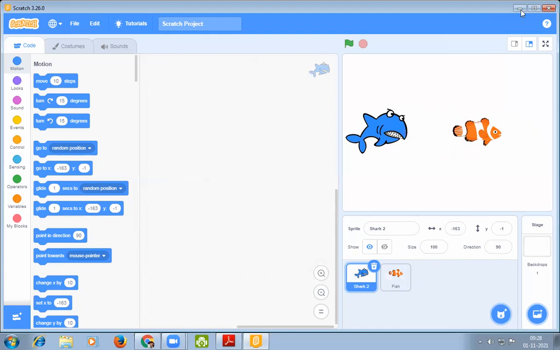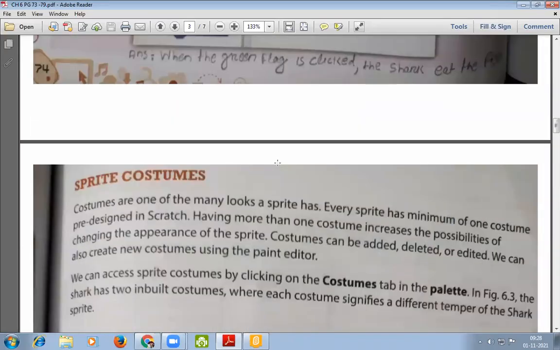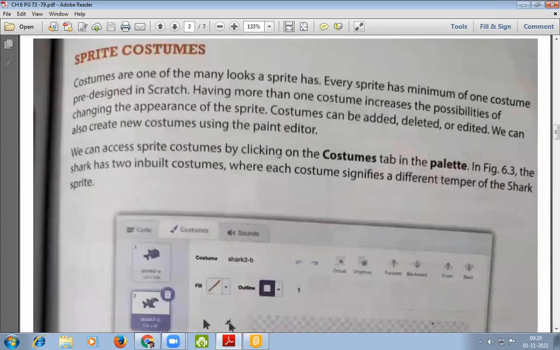Now open page number 75. Sprite costumes. Costumes mean how we can change the appearance of the sprites. Costumes are one of the many looks a sprite has.